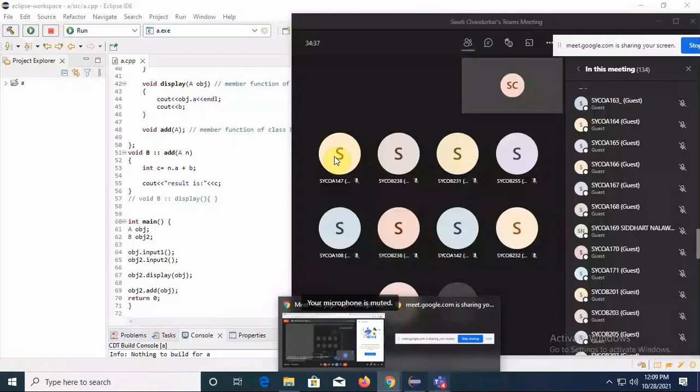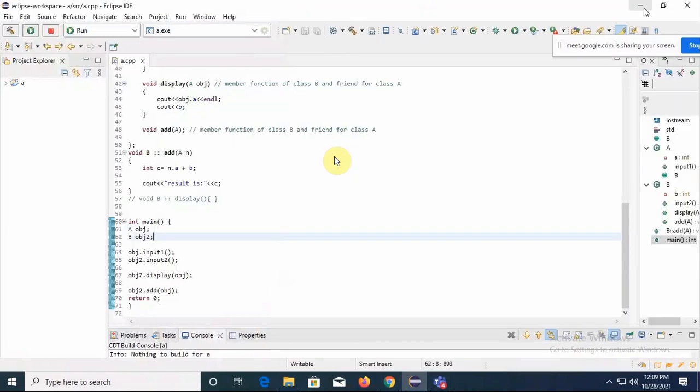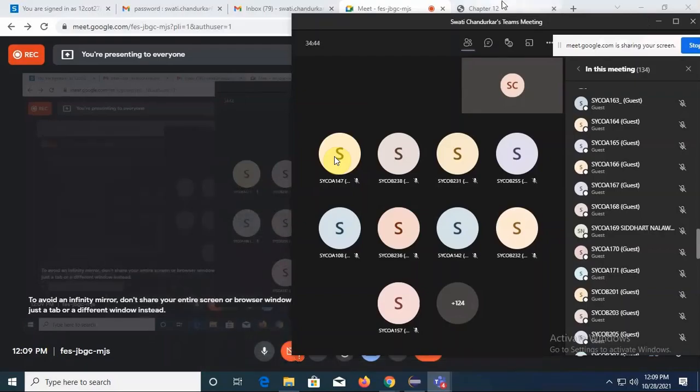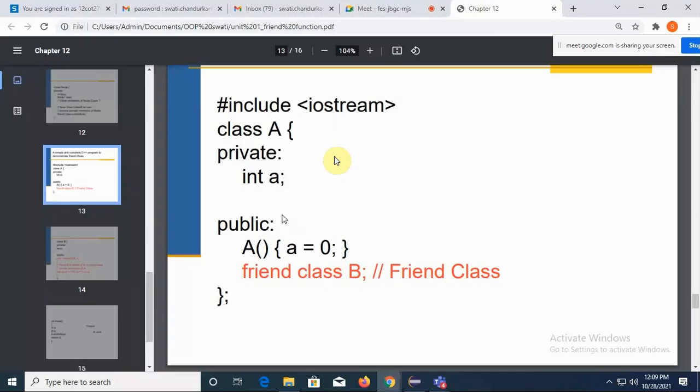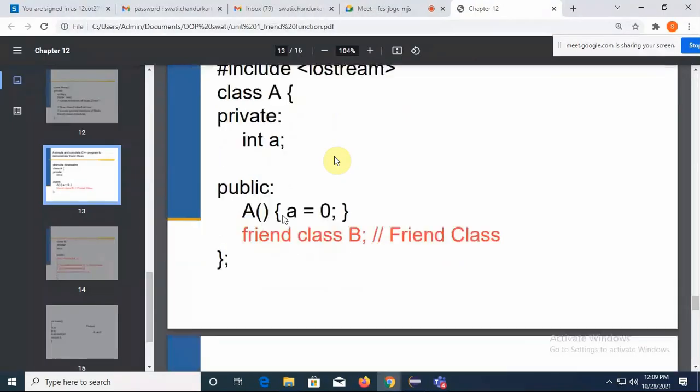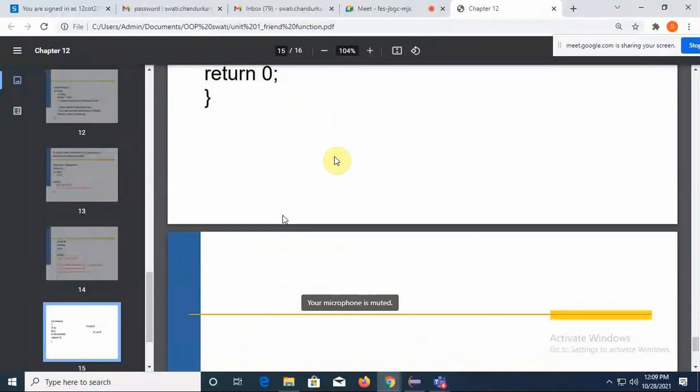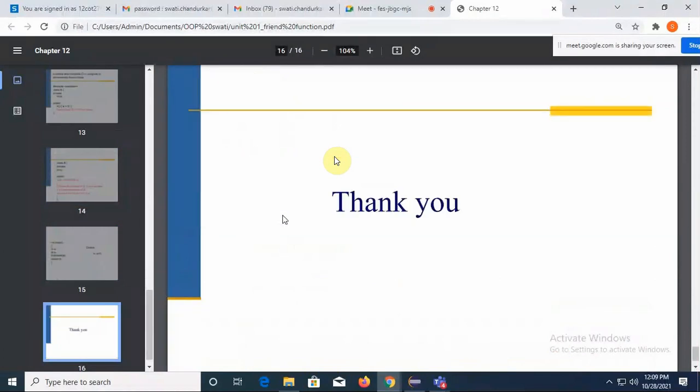Okay, no doubt then. Go ahead. So I wish that you had understood the concept of friend function and friend class. I will share this PPT today. Fine. So this was about friend function and friend class.